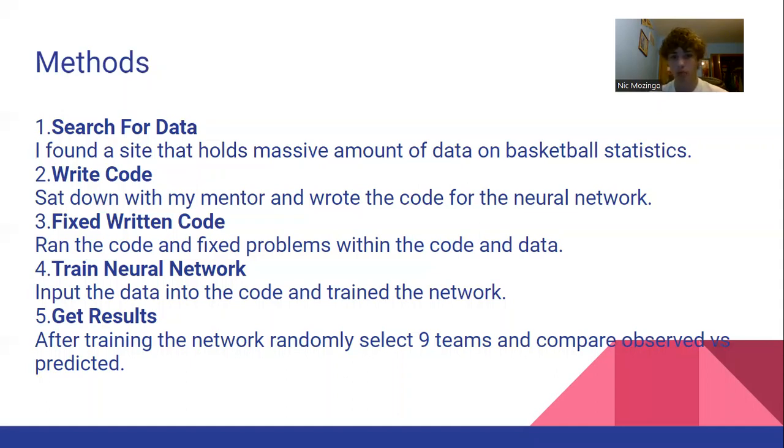After that, we had problems with our code and the data, so we had to fix the bugs in that. After that, we had our neural network, and now we needed to train it so that it could predict these values. We just used the data that we collected from Basketball Reference, which is just the past seasons of Stephen Curry. After we trained it, we could put in a selected team that we wanted. So say, put in Cleveland Cavaliers and see how many points he would score, field goals he would make, and his field goal percentage. But for our results, we selected 9 random teams that he would be facing in the 2023 season and observed the predicted versus the observed.